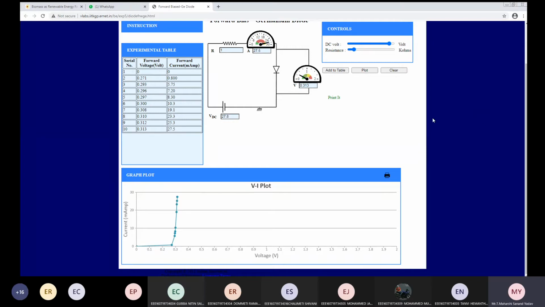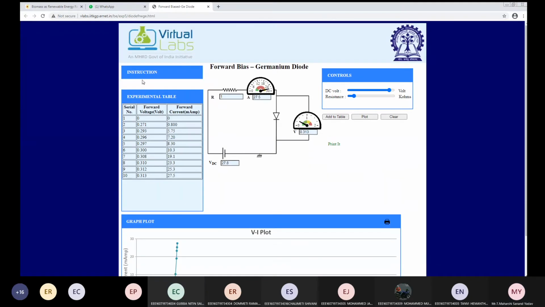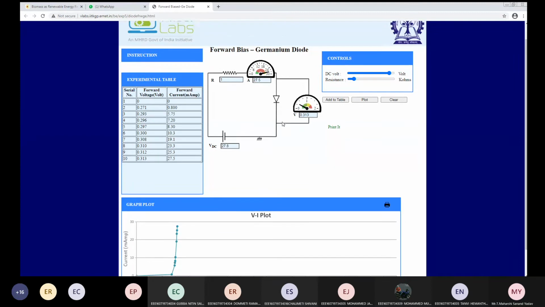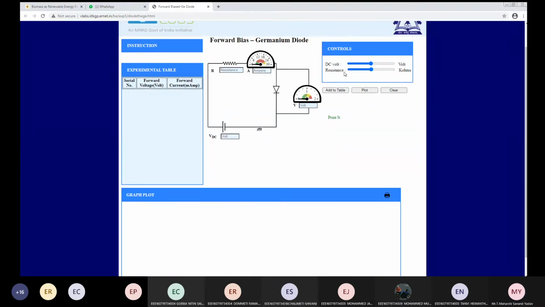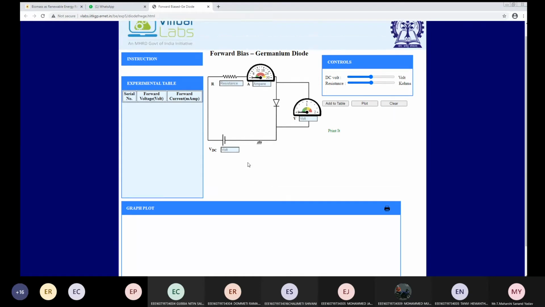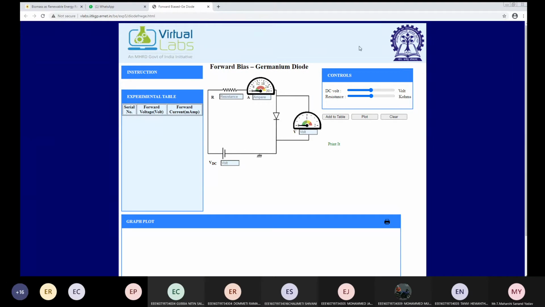Next, then we go with reverse bias characteristics again. Click on go back. See, I've shared you the link.